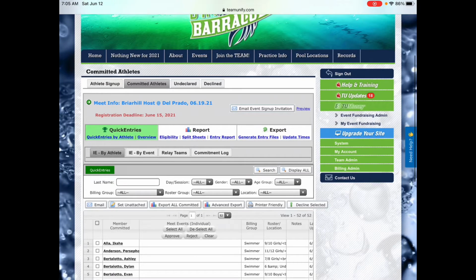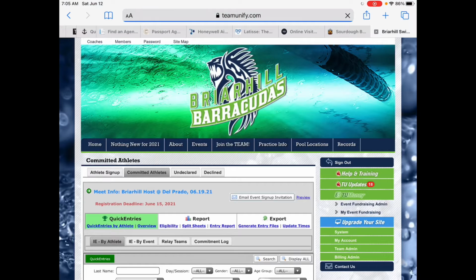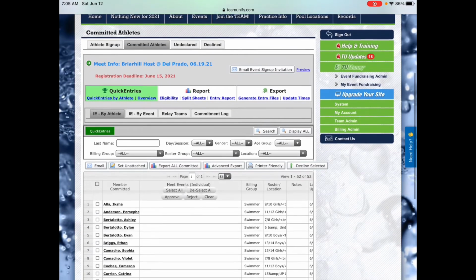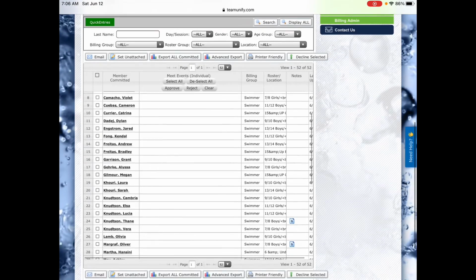It is very important to do it on the committed athletes tab so that you are only putting committed athletes in. I will be doing some double checks on that, because we had some problems 2 years ago where we kept getting kids in who had declined. As long as you do your seeding on this committed athletes tab and not the others, you should be okay. Rebecca and I handle the undeclared, and if people aren't responding, following up with them. We'll let you know if there are kids we just haven't heard from. Really all you have to focus on is these committed kids and where you want them to swim.